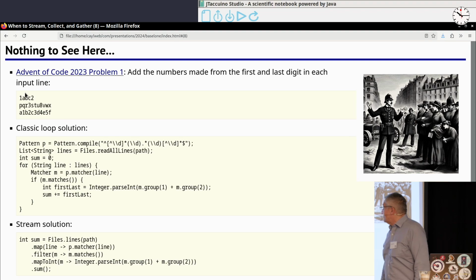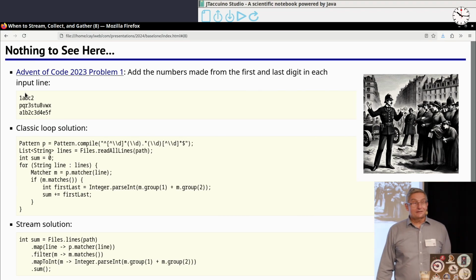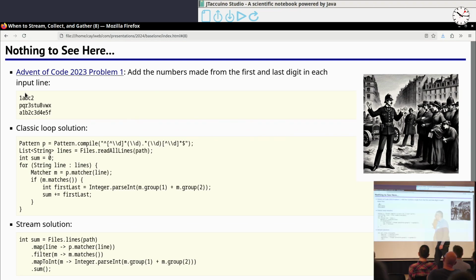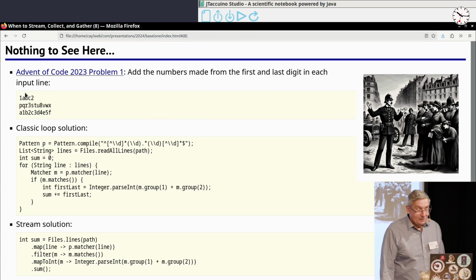Now, then I thought about it when I saw Rémi's solution, and I said, can I do better with streams? And the answer is, of course I can, because with streams, a lot of the kind of complexity just becomes easier. I can call files as lines. It gives me streams of lines. Then I map that by this matcher. I now get a stream of match objects. Then I filter only the matching ones. And then I fish out from the match object, I filter out the groups and put it together, and then I sum them all up. And you've got to agree, that one is nicer.